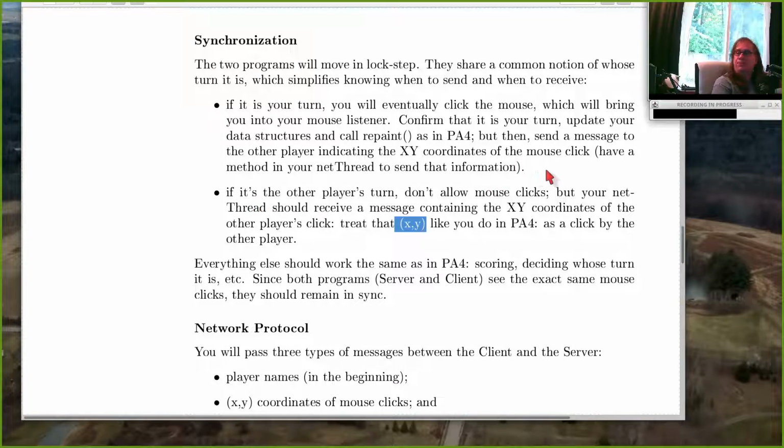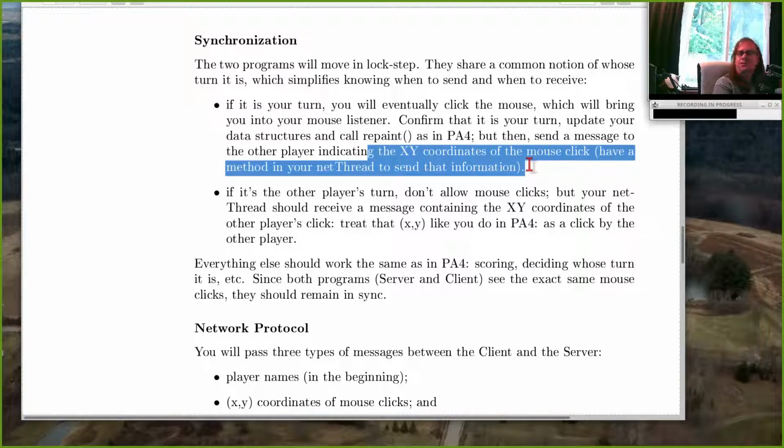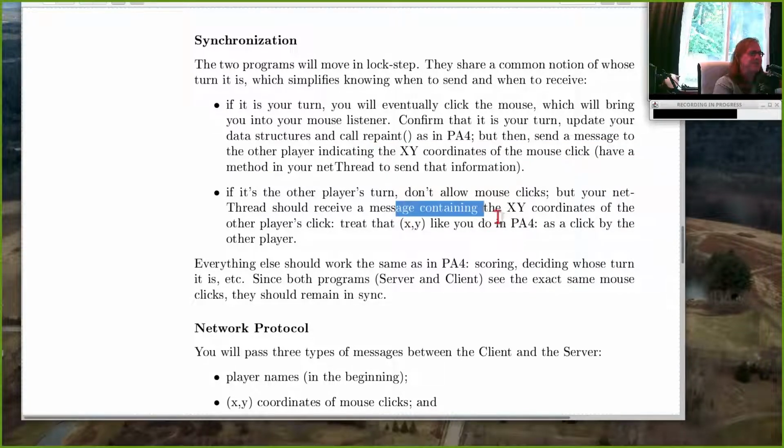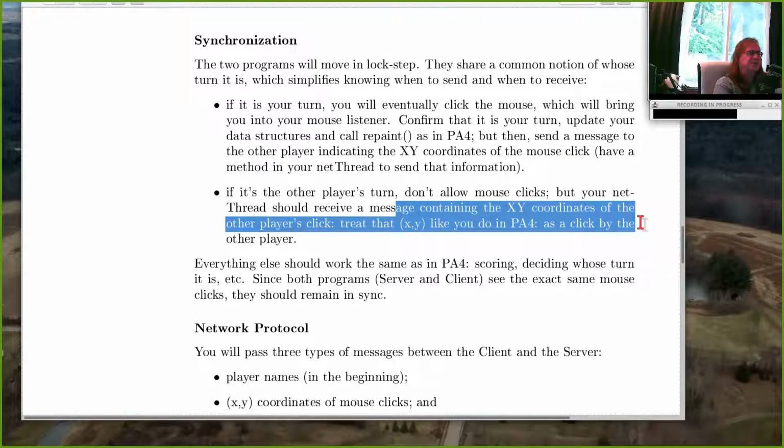So 2 changes you make, right? One, at the end of your mouse listener, send your XY coordinates to the other player. And 2, have a separate thread that's receiving messages from the other player and basically calls your mouse click code when you get an XY pair. Now, don't actually call the mouse listener, but